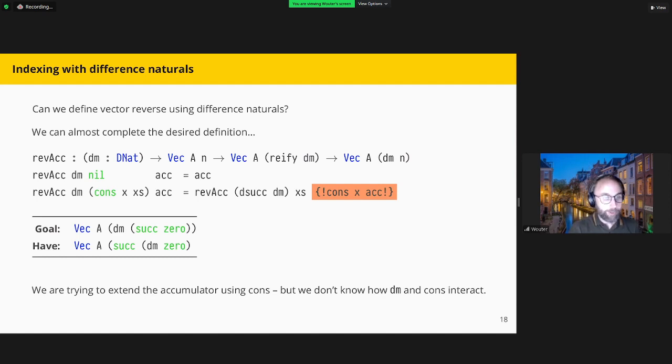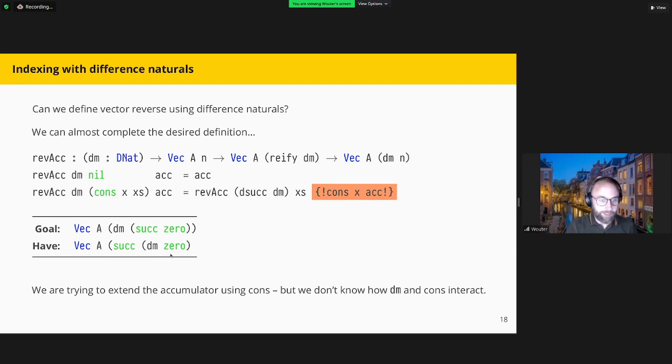So there are 2 cases. In the first case, we have an accumulator, and we return that. And in the second case, we have a non-empty list and an accumulator, and we want to make a recursive call. So the recursive call we make is on the tail xs, but now we need to extend our accumulator, and we hit a problem. What's the problem here? What we'd like to do is extend the accumulator with a new successor. That would be building a successor and then extending the accumulator